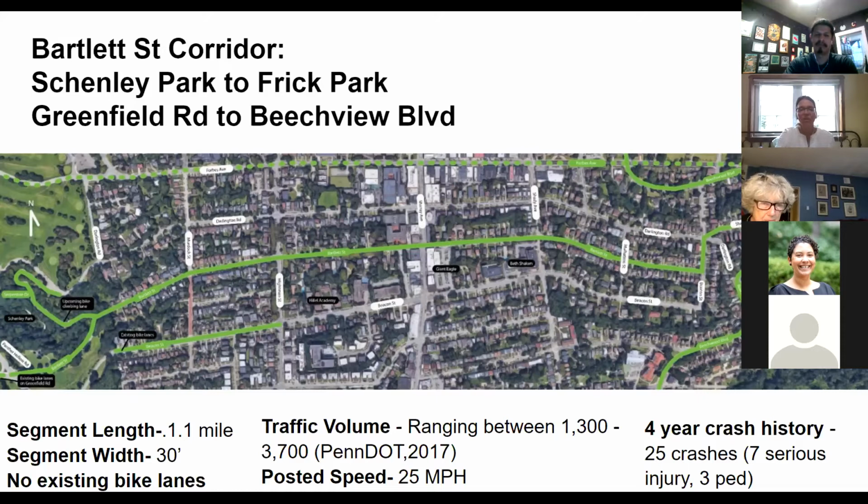There have also been a fair number of crashes on this street as well, which is somewhat surprising. So 7 serious crashes